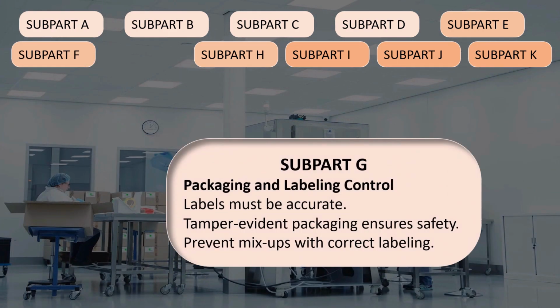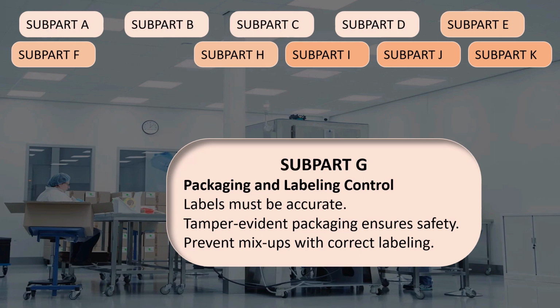Subpart G, Packaging and Labeling Control. This subpart contains regulations applicable to packaging and labeling of finished products. It helps manufacturers and packagers in labeling and packaging of finished products so as to maintain quality as per cGMP guidelines. The guidelines included are: